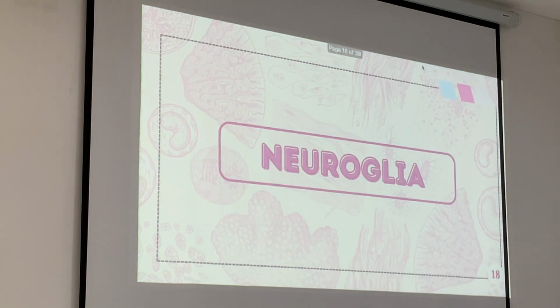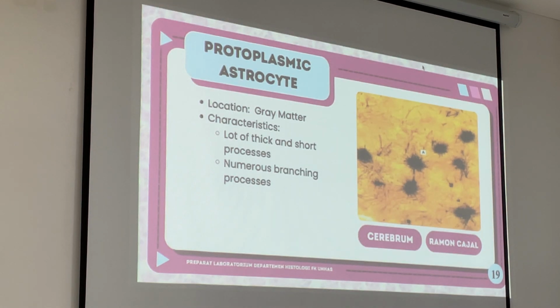Okay, now we go to neuroglia. Neuroglia is divided, like I said before, into microglia and macroglia. The macroglia will be multipolar. The perikaryon is actually big and round. The dendrites protrude much. And this is the axon. We use Ramon y Cajal staining to see the astrocyte shape. But in this case the dendrite is short, so it's more like a sea urchin.